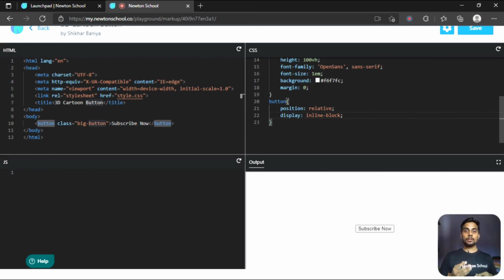If I suppose give it a top and a left margin, it will adjust according to the window, not a particular div. Okay. And display inline block means if you want to display things column wise or row wise, you can use the display inline block, like one under the other, right?